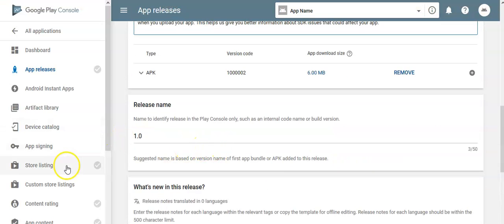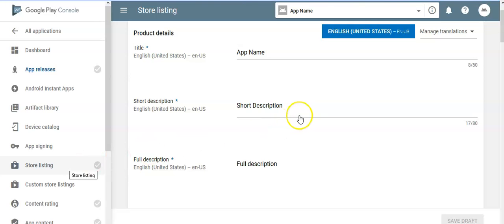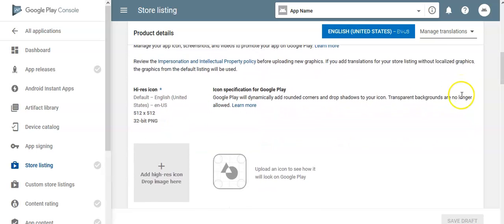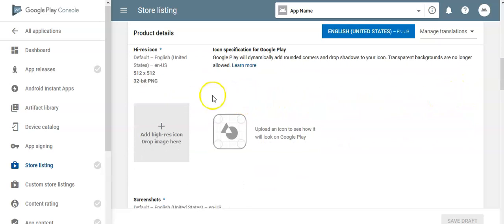Now go back to store listing. And here if you scroll below, you will find we need various kinds of images. For example, here it's 512 by 512. It's required for the icon and it should be PNG. We have already done that.